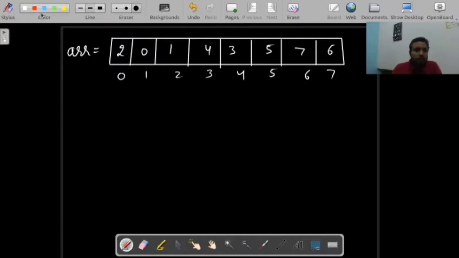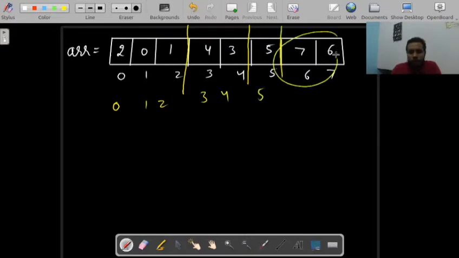This is our array, and if I try to solve it, I think the first chunk I can make is from here, because if I sort this part, it will be 0 1 2, and the next chunk will be from here. If I sort this, it will be 3 4, and if I make a chunk from here, it will be 5.